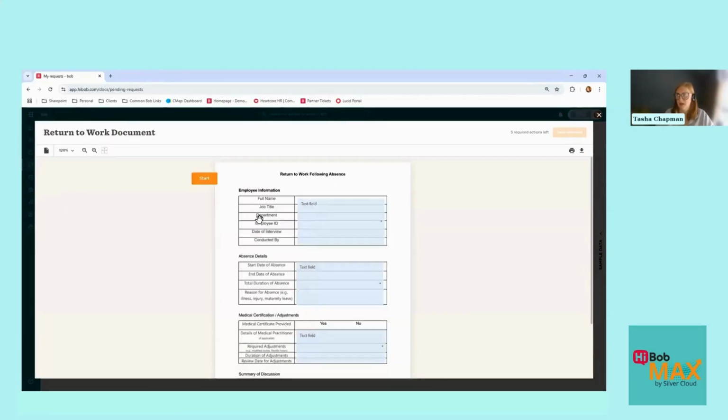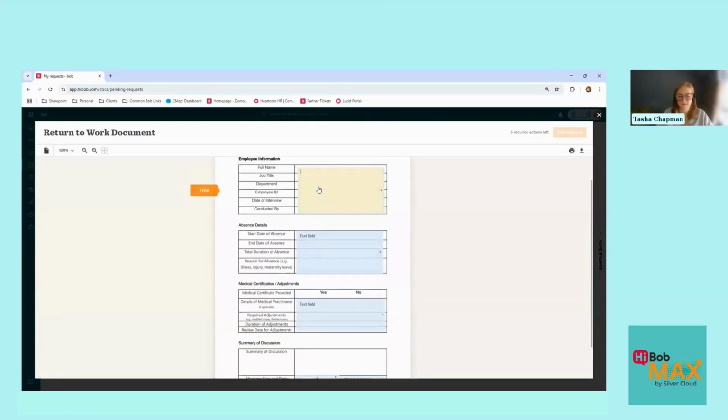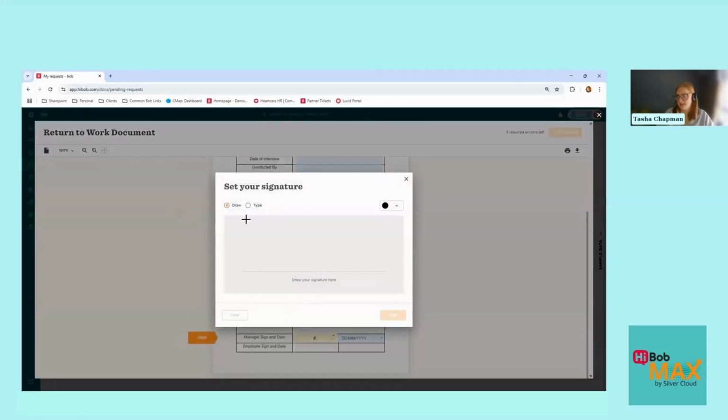and if I click continue, I've just for ease very quickly updated these with text fields. So answers in here. And then I will sign this as part of me. Now, I don't know if anybody has ever been able to write their exact signature by using a mouse. However, you do have the option to create that process and create your signature within here. That's not my signature for those of you. And then you can click type, which will then be able to manually type in your name to act as your signature within that. So if I click sign,